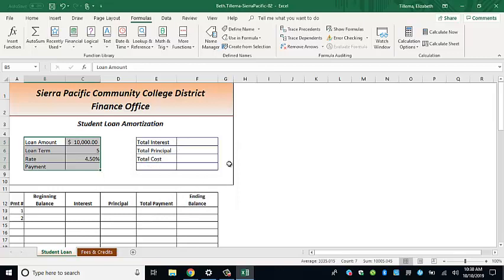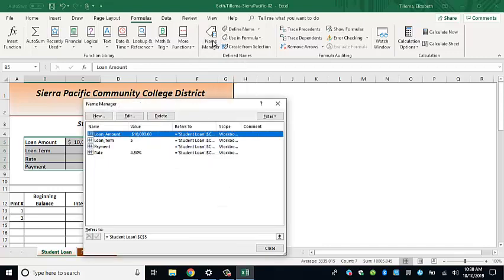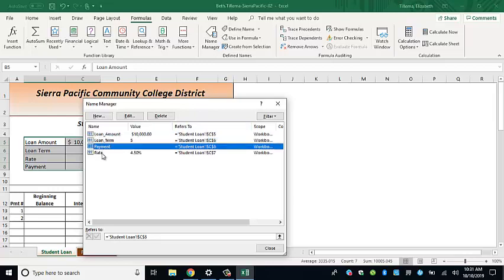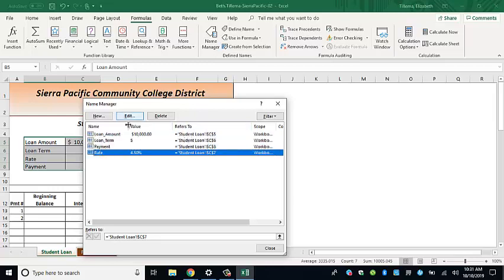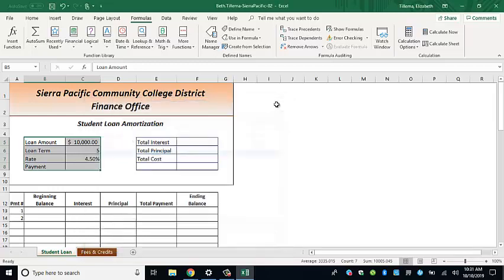Now, this is saved. And it's kind of funny because if you guys look, nothing really happened. But I want to show you guys, I'm going to go into my name manager here. I can see that I have a loan amount here, which I'm going to extend out. These are all of my things that are named. And so I've got loan term and payment, and these are in here as things that I've already saved. Step number